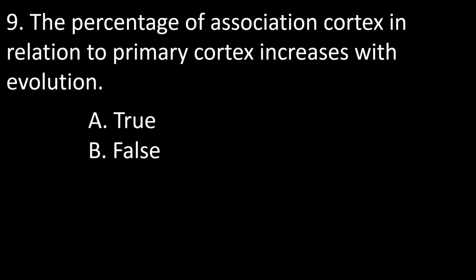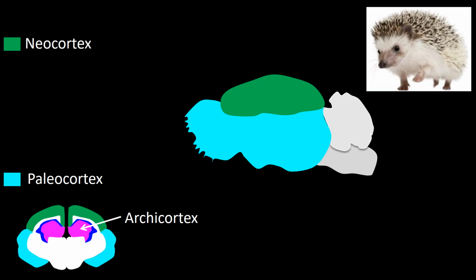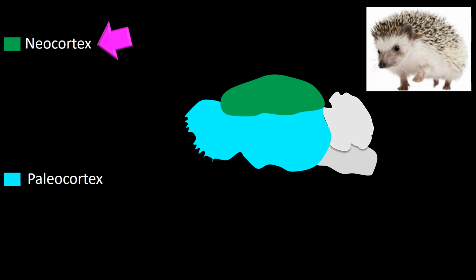Next question. The percentage of association cortex in relation to primary cortex increases with evolution. A true, B false. Here we have the hedgehog again. The brain of the hedgehog has less neocortex than paleocortex. The archicortex, as you know, is not seen in the lateral view because it's only represented mesially. The neocortex in the hedgehog